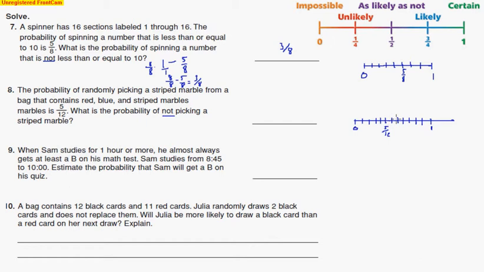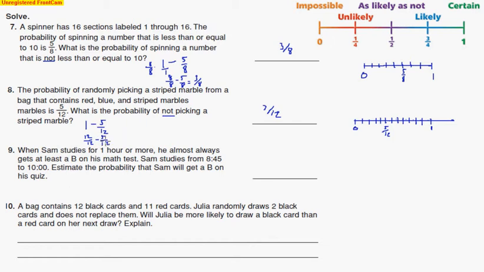So you have 1, 2, 3, 4, 5, 6, 7 spaces. So I know it's going to end up being 7/12. But if you think about it, 1 is the certain event. We're taking away 5/12 from that. Well, if you think of 1 as 12/12, taking away the 5/12, see there are 5 striped marbles out of